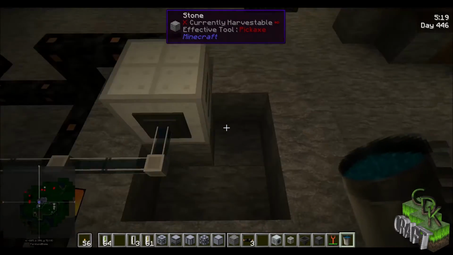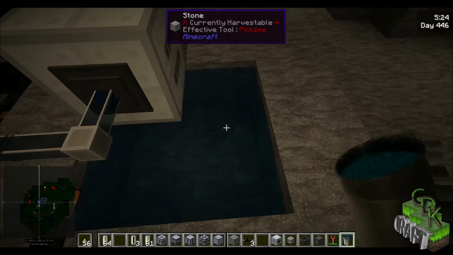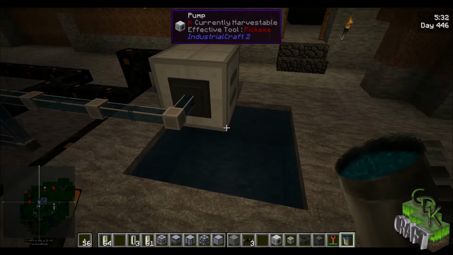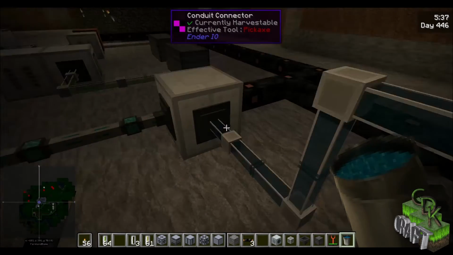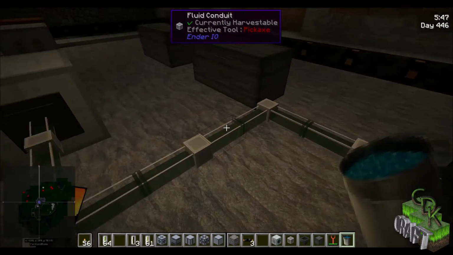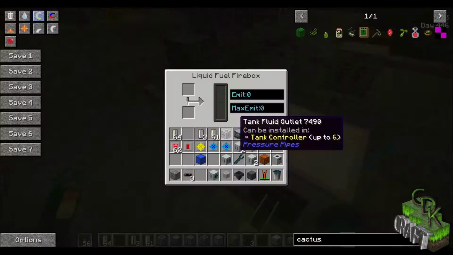Oh yeah, the first time it gets running, you also need to... there we go. See? It'll just keep reflowing, kind of like an infinite pool type deal. If we come in here and look, you see that it's all the way full, and it is creating biomass. So the biomass comes out this way, down the fluid conduit, into the fermenter. Okay. Now, the fermenter...